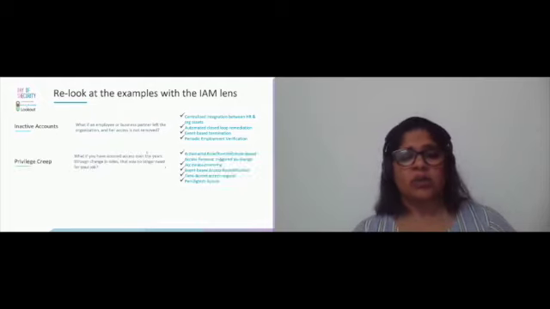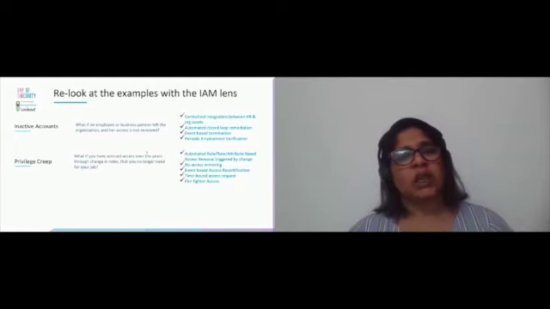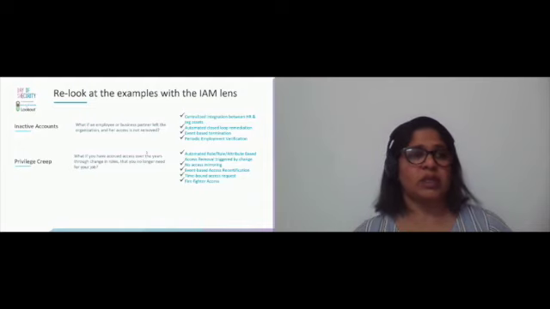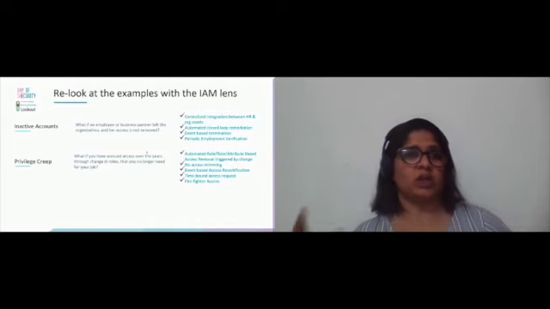Privilege creep, right? So whenever you're changing jobs or you're transferring or you're converting from a contractor to employee, the IAM system can actually trigger a change which is based on a rule or attribute or a role change, where it says that, hey, this person as part of this new department or new job function or new location needs this access and no longer requires this access. And accordingly, the system, which is now connected with all your organizational assets, can go and act and remove that access automatically and give the required access, right?